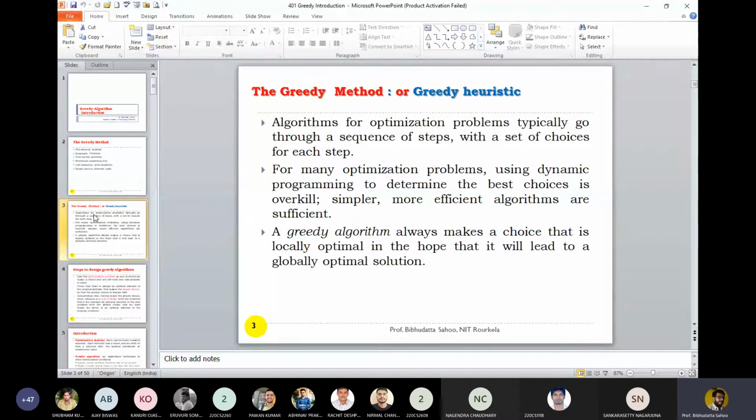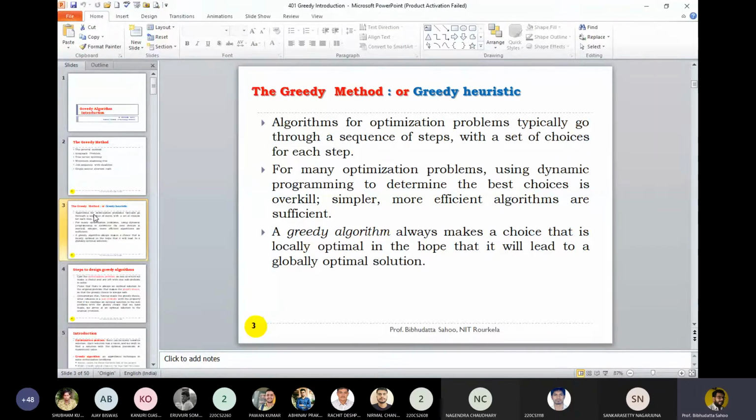Okay, so that is the heuristic. This is in general also applicable to the optimization problem. Sometimes one asks in which context you will prefer greedy, and in which context you will use dynamic programming. As you have discussed, dynamic programming is always a costly business. In greedy, we may find a suboptimal solution, but some good greedy algorithms try to have polynomial time complexity, and some have linear time complexity.